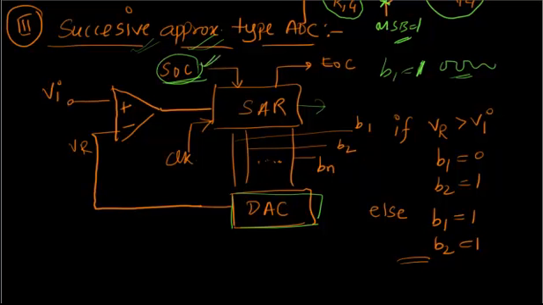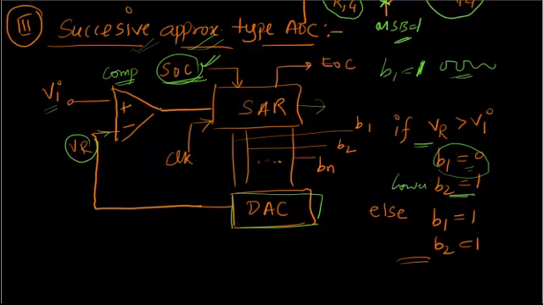So this all starts after you give start of conversion. So this DAC converts and it gives some reference voltage VR. Now this VR is compared. This is a comparator, right? So it is compared with our input voltage Vi, and these two conditions arise here. If VR is greater than Vi, that means what? Our assumption is more than the input. Then this MSB is made 0 and the next bit is made 1. And again we are making another assumption, because our assumption is too high, we are lowering our assumption. This is a lower value.